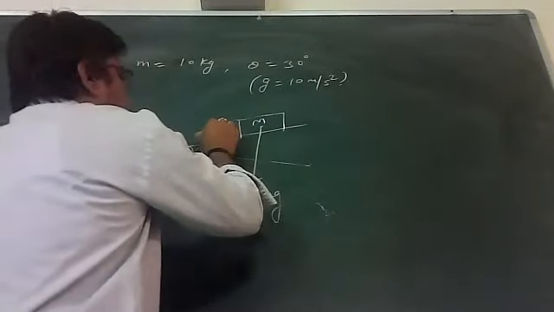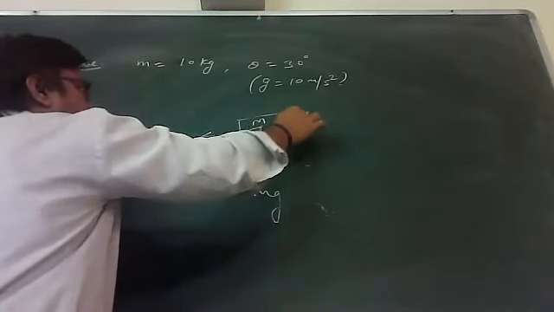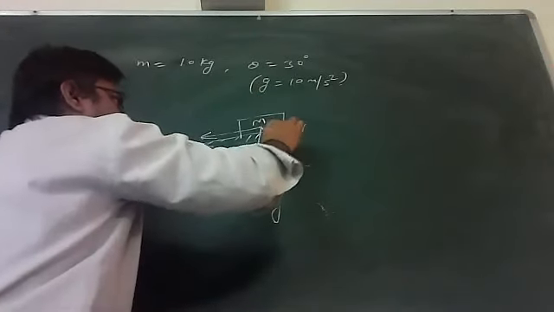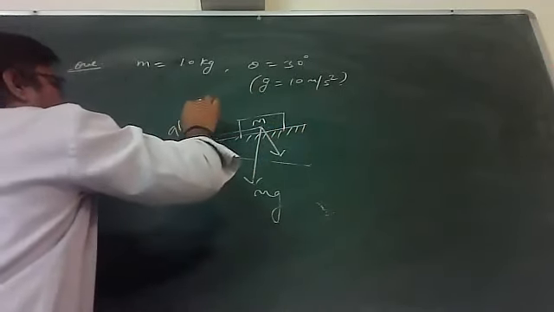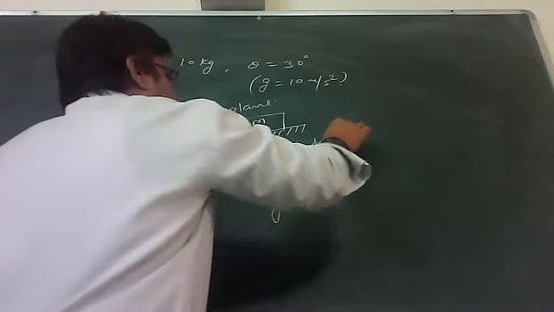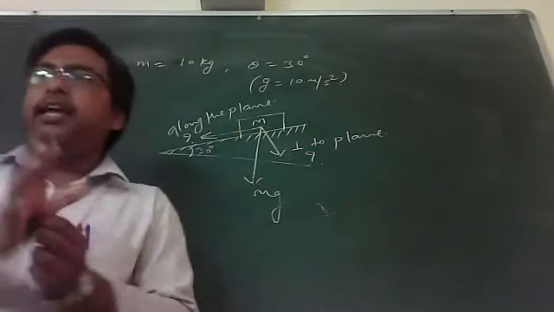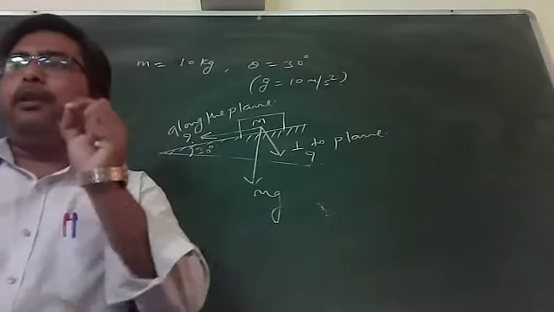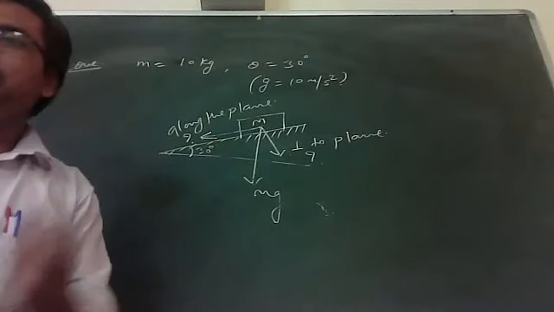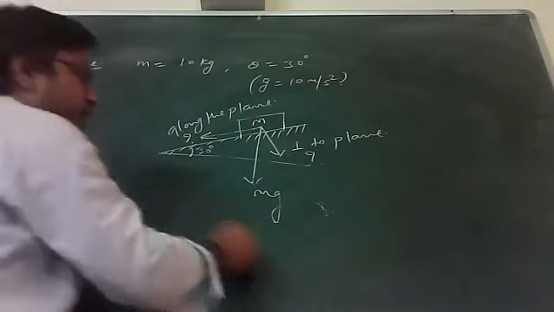If weight force always works vertically downward, then consider the component of weight along the plane. This is your plane, and here I am drawing these oblique lines. Perpendicular to the plane, this is perpendicular. So this component is along the plane, and this component is perpendicular to the plane. Now I have to find out the values. I know clearly that one component will be cos and one component will be sine. But which one is cos and which one is sine? To elaborate this, I am drawing one more sketch. See that sketch carefully.